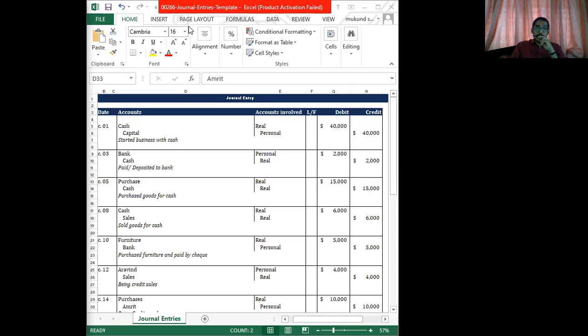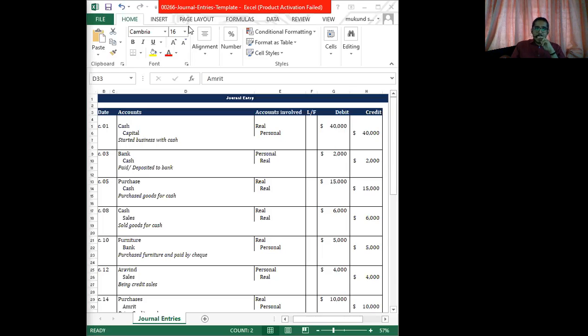Purchased goods for cash rupees 15,000. So the journal entry will be purchase account debtor to cash. Purchase is a real account. Debit what comes in. If we purchase, stock comes in. That's why we are debiting purchase. We do not debit stock, because we have two separate accounts, purchase and sales, so stock nowhere comes into the picture. Purchase account debtor to cash. Again, why is cash credited? See the golden rule of real account: credit what goes out. If we are purchasing for cash, cash will go out, right? That's why cash is credited.